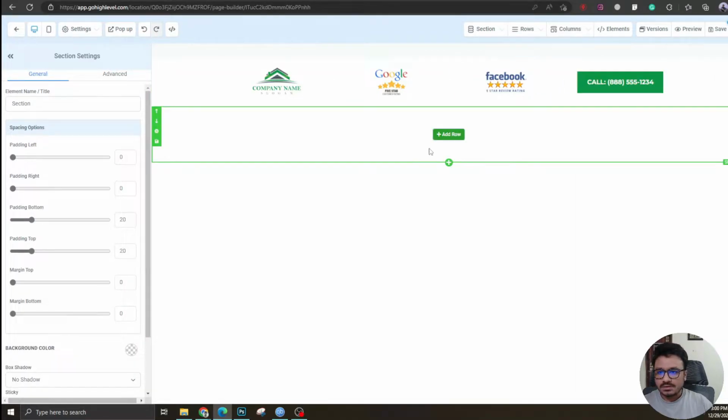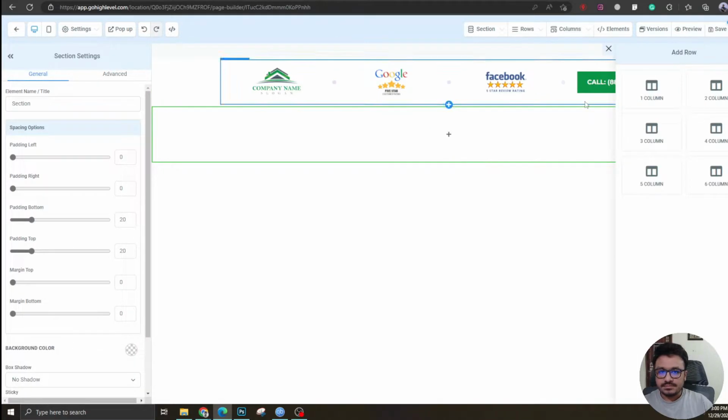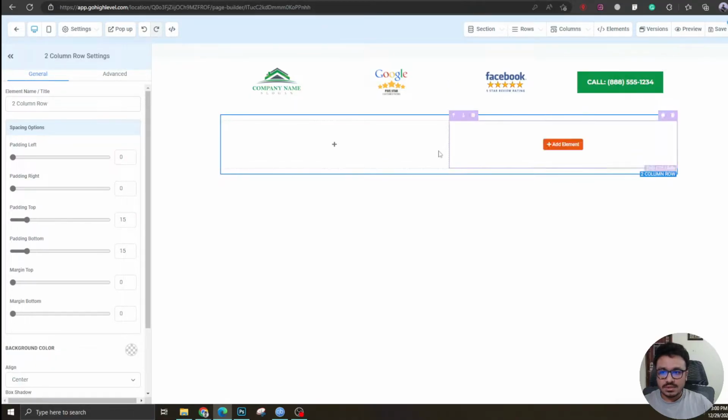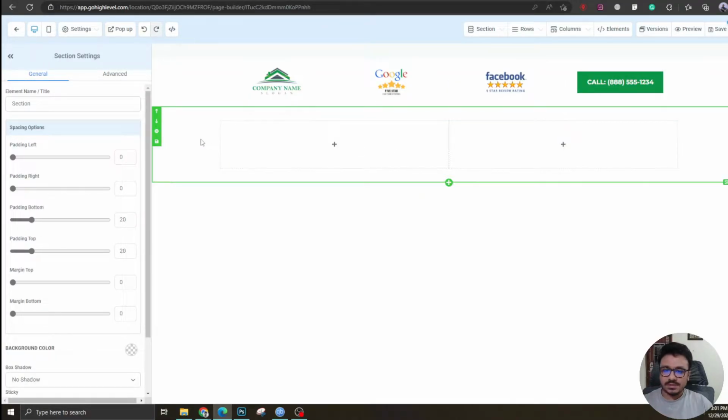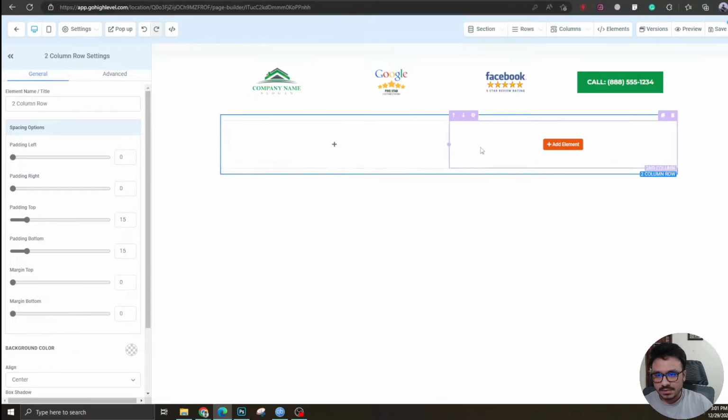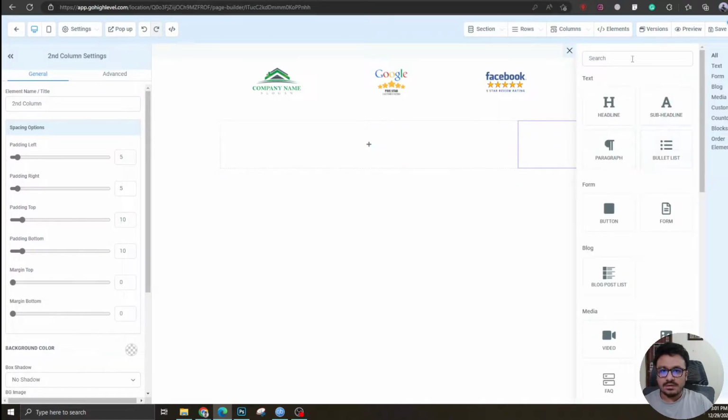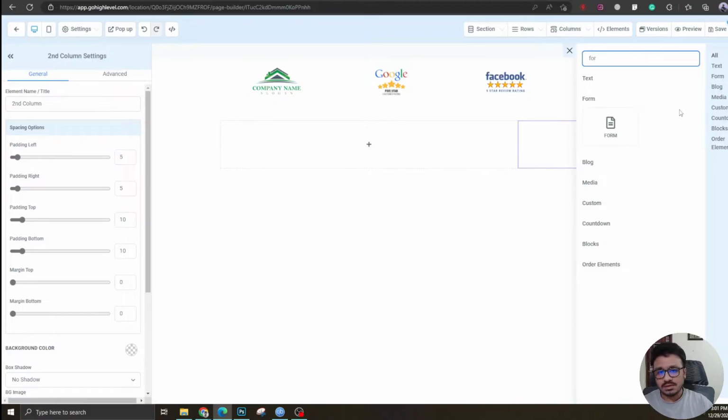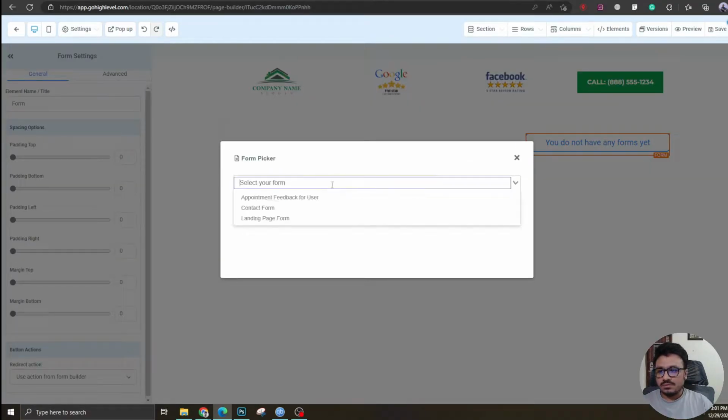Now we are gonna come here and click on this plus icon. I want to have another full width section, and I'm gonna say 2 column. So this will be the hero section or the homepage banner section of the landing page, right? So on the left it will contain a few texts, and on the right I'm gonna have a form which